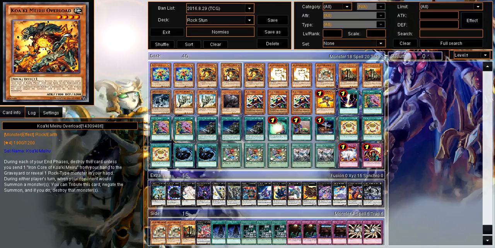This guy's really great. He basically negates any summon. Well, the Koa'ki Meru guys all have an effect where, during the end phase, you destroy them unless you send an Iron Core of Koa'ki Meru from your hand to the graveyard, or you reveal a Rock-type monster from your hand. This deck doesn't play any Iron Core of Koa'ki Meru. It just plays Rock-type monsters, so you always want to have a Rock-type monster in your hand to reveal to